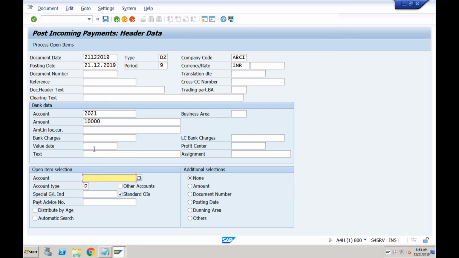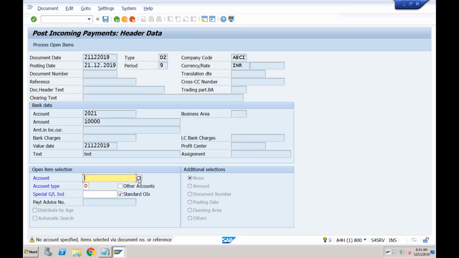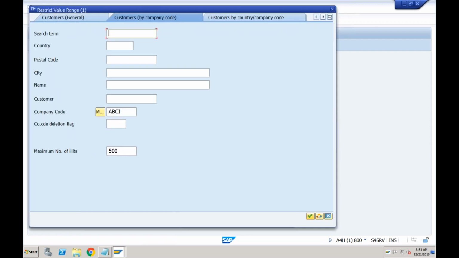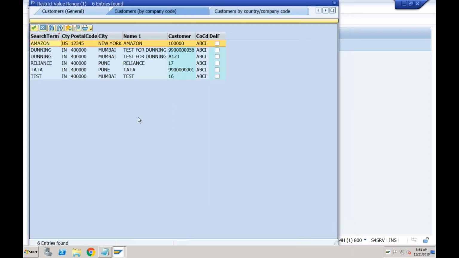Okay, value date would be mandatory for this. So 21/12/2019. This would be test. Specify the account. I'm not sure which customer has a balance, so let's go and see the customer balance.